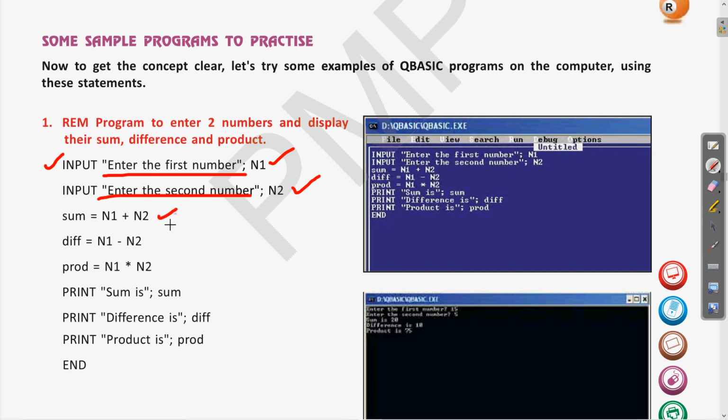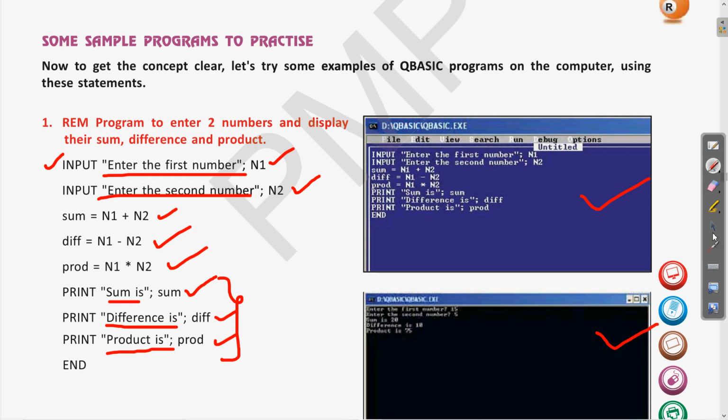The first line is sum of these, then difference, then product. Clear? And after that, using the print command, we can print with the messages, like print sum is, then the value where the sum is stored, that is sum, then the difference of those numbers. Whatever the message we have written in the double quotes, and then after separating with the semicolon, the variables where the values are stored, we can write in the program. So similar type of example you can see it here.